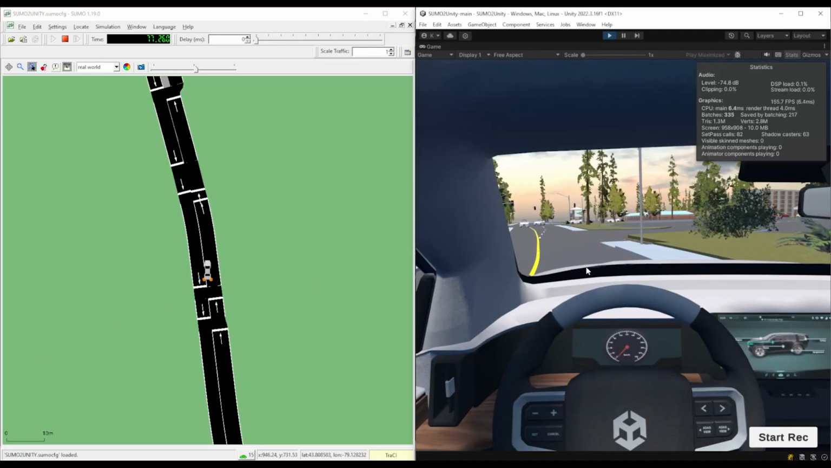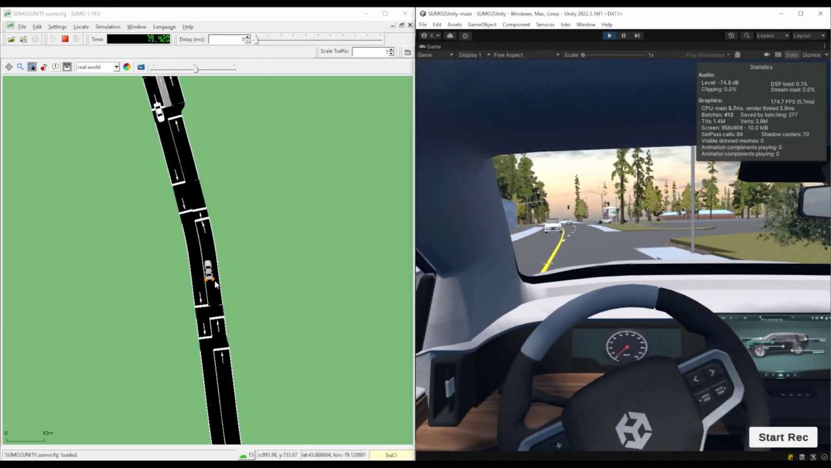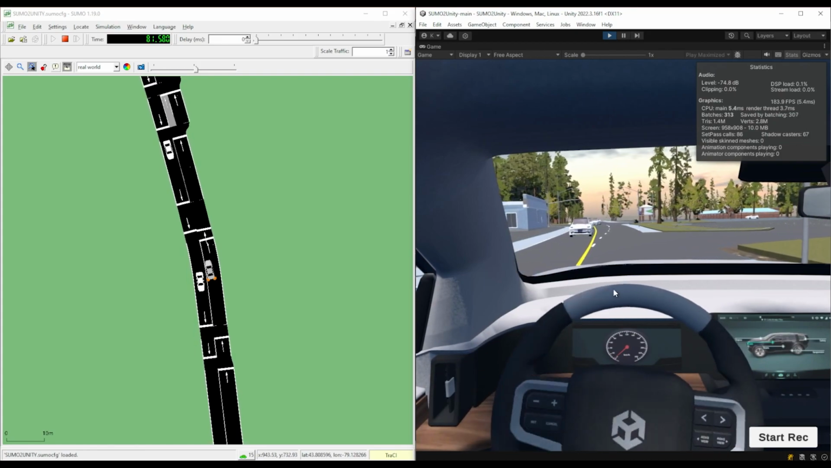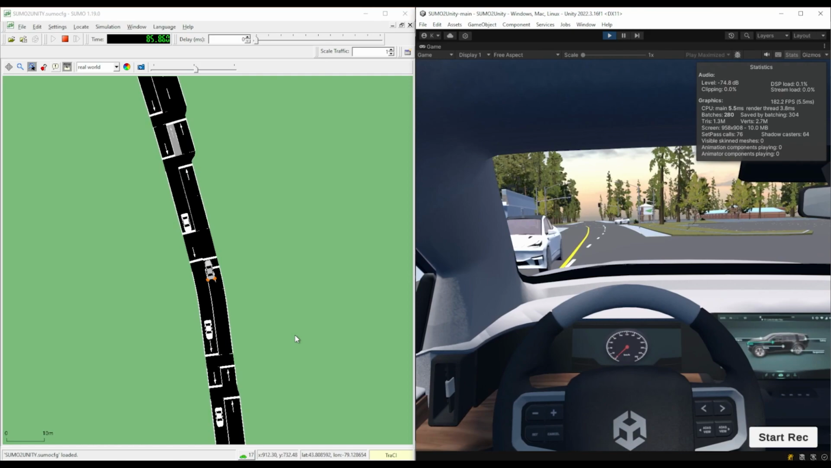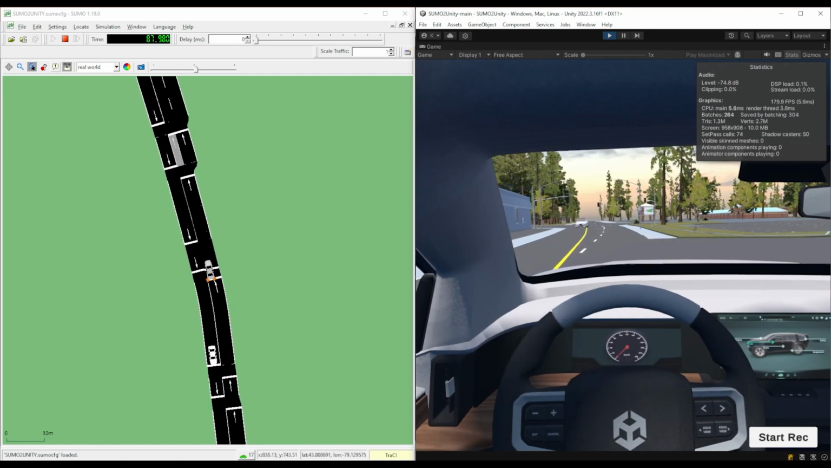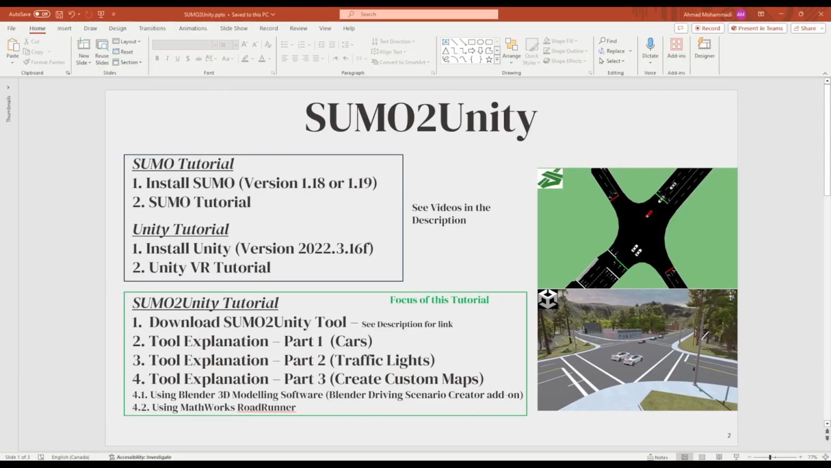Hello everyone. So in this tutorial, I'm going to explain how the connection between SUMO and Unity works. So without further ado, let's begin the tutorial. So we can use SUMO, which is a macroscopic traffic simulation in the transportation engineering field, as a traffic system for